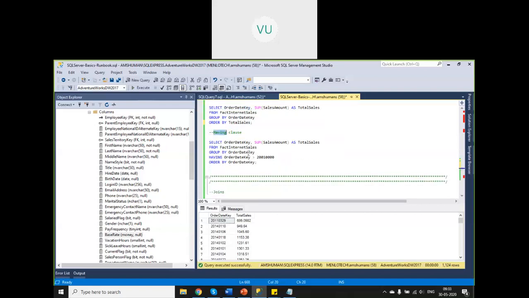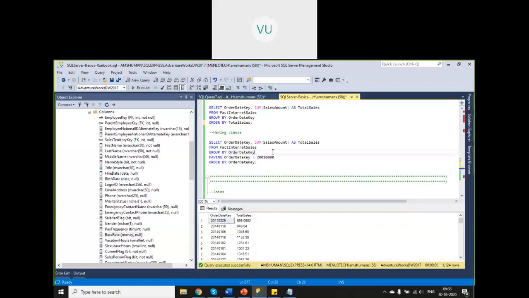And then having clause. So having is nothing but a condition applied for each of your groups. That means from this table, I am grouping by a particular column value, right? So let us say I have 2, 3, 1.